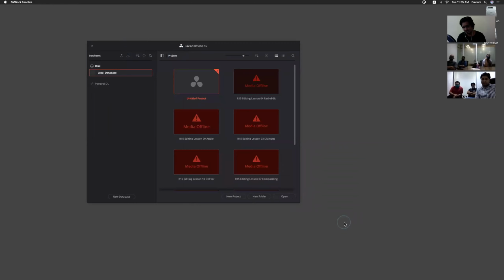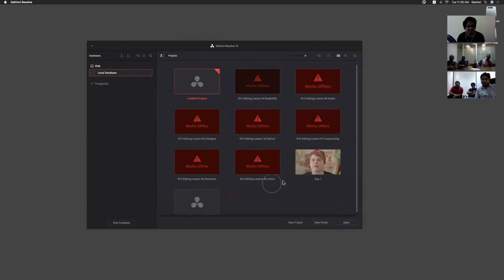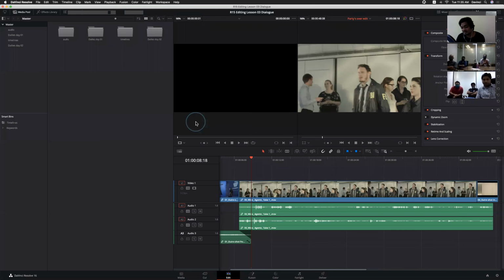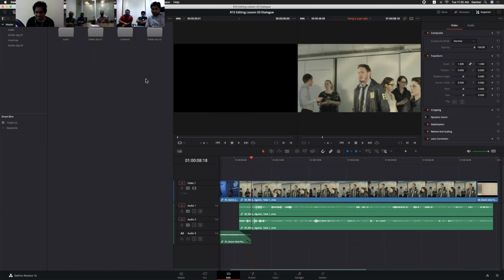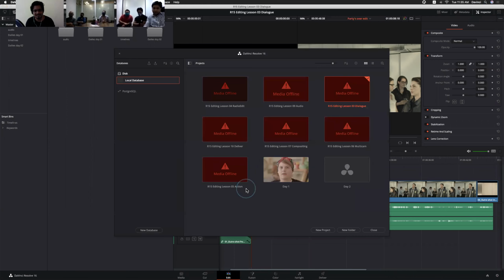So we'll see how to relink and everything. Maybe, yeah, let me open this one. I have tried the solo clip yesterday. You have asked about that thing, right? Yeah, unfortunately, it's not there in the application. But I found an alternate option for that.